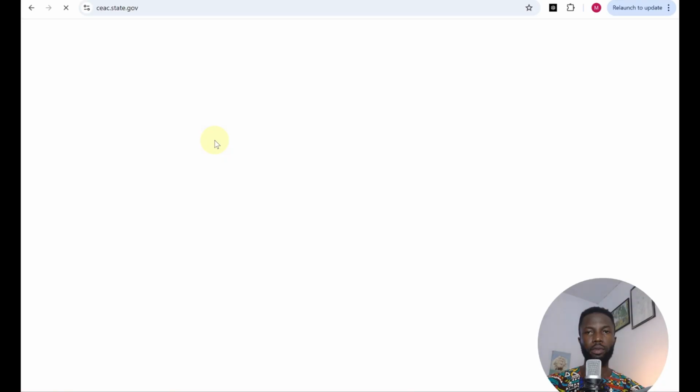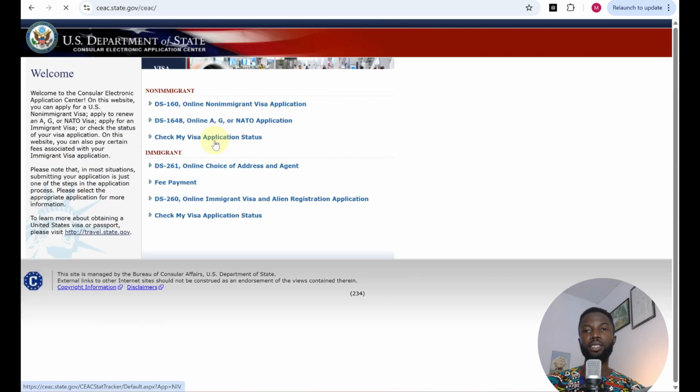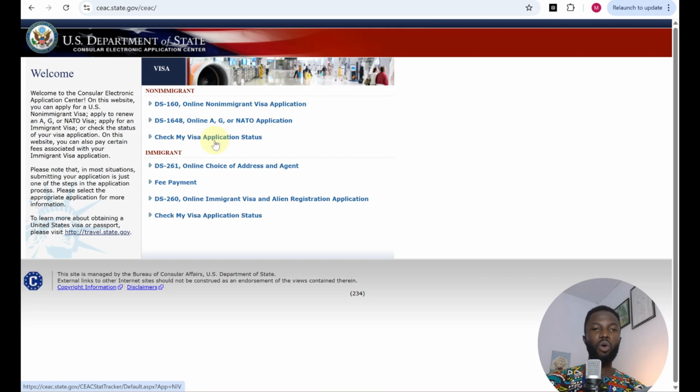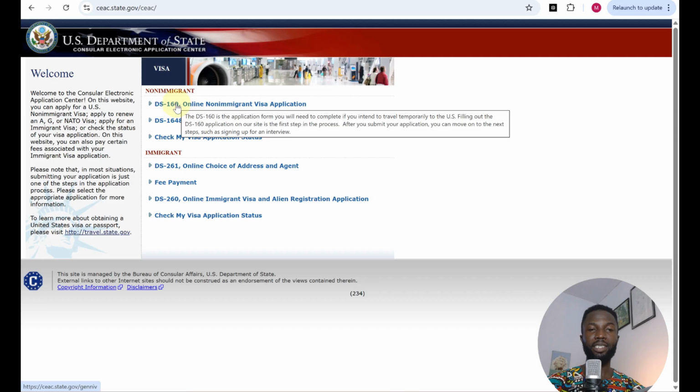Now let me show you how you can create this DS-160 application form. Let me take you to my screen. Remember, this is the official website where you can do all applications regarding US visas. Once you are here, you are going to see two categories, non-immigrant and immigrant. As we are dealing with tourism or all sorts of non-immigrant visa applications, you can see the DS-160 online non-immigrant visa application here. Let's click on this link,